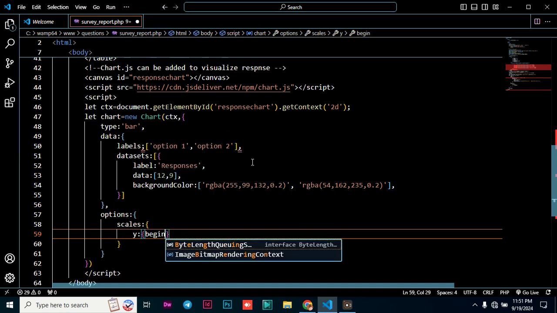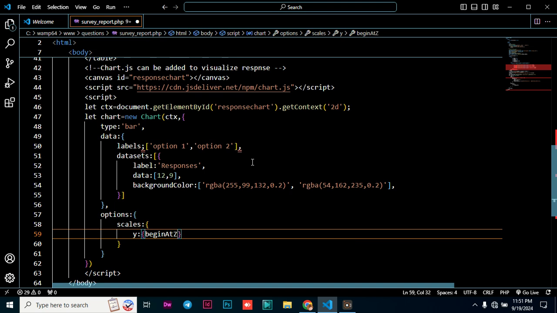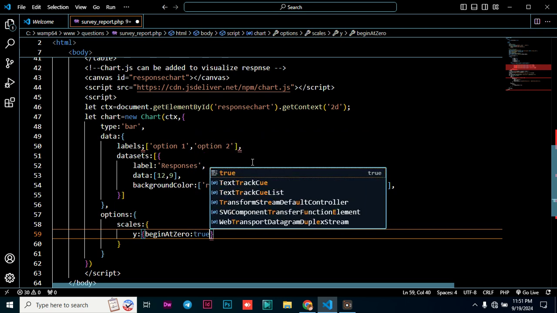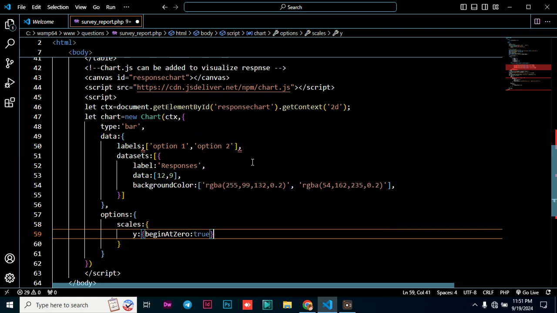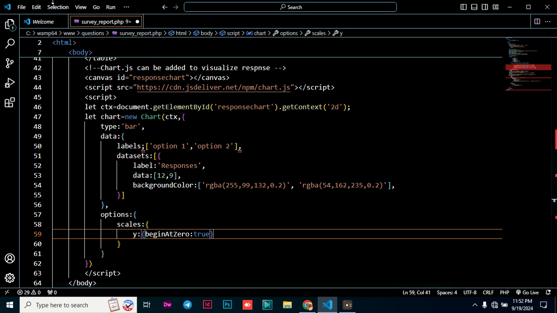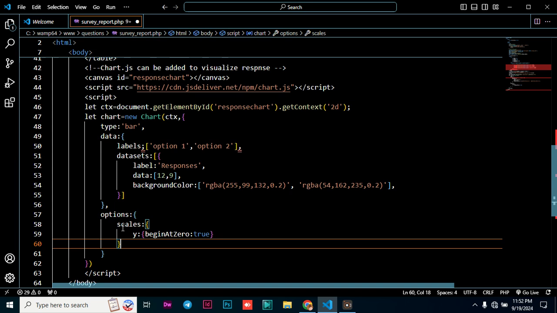Begin at 0, and then make sure that this is true, and then you close that curly bracket. Then the next thing that you want to do is that we are going to, so make sure that you have closed the square bracket there, the curly bracket. So make sure that this curly bracket is closed here. Make sure also that